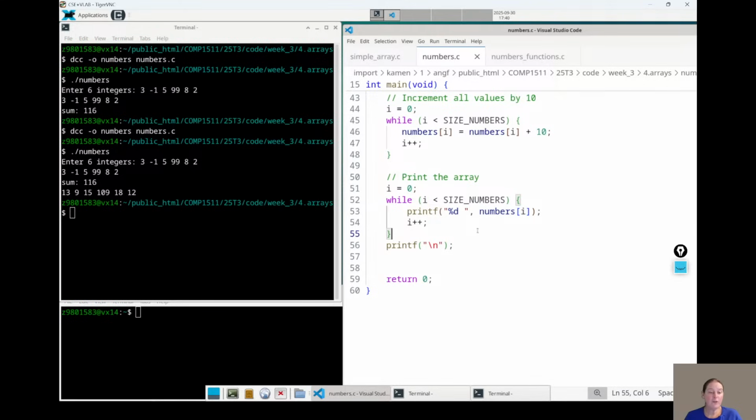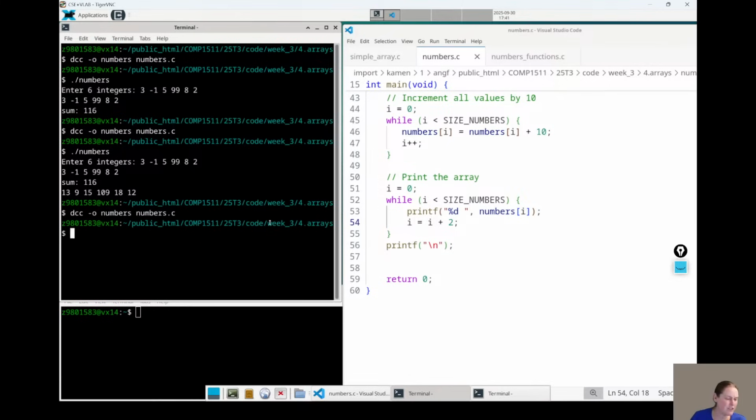I could go and print every second thing in the array if I wanted to. But you can't change the indexes. But I could go and print every second. Oh, I've got to go and enter all the data.